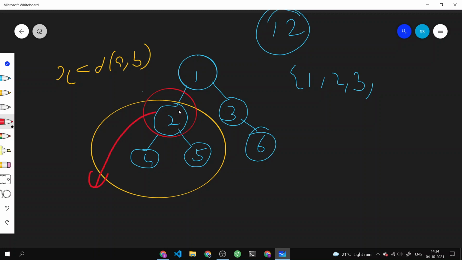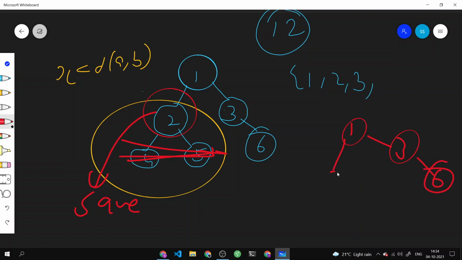that just keep this edge saved, like just call it as save this node, and remove this component, and then just start working on the new component that you had. Like, you had this component left, just add this particular node to this component and work on this graph now. So this was the whole approach.